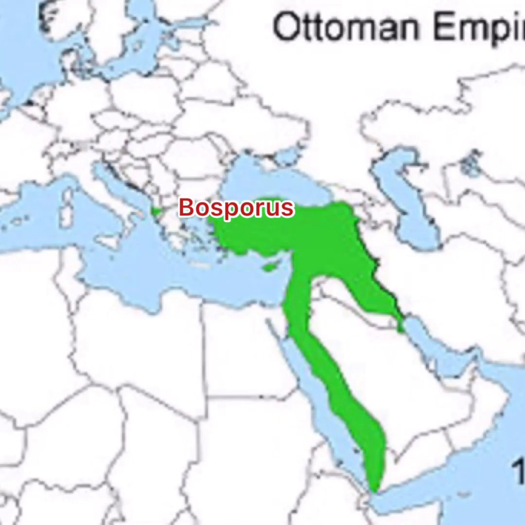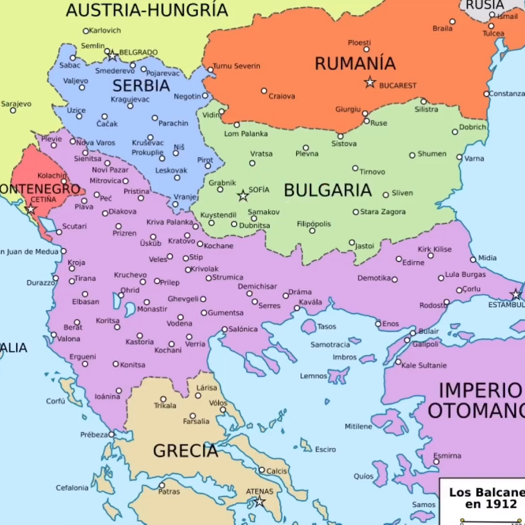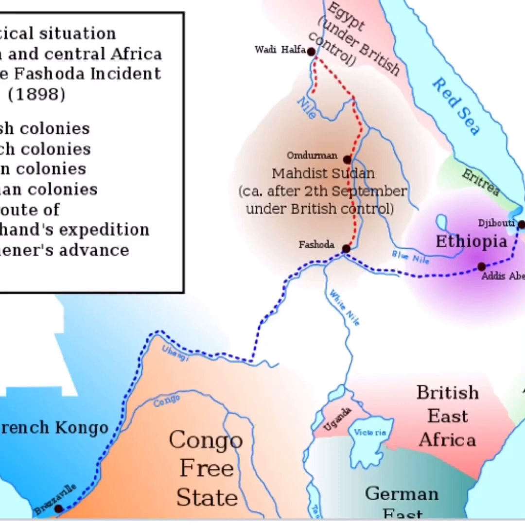imperial rivalry as well. So you have rivalries in the Balkans, you have rivalries in Africa, you have rivalries in Asia. As a matter of fact, Russia, to name the rivalry in Asia, just lost the war with Japan in 1905, but they still want a piece of Manchuria. So that's some of the rivalries that are going on, and so we'll stop here, and then we'll talk about nationalism tomorrow.